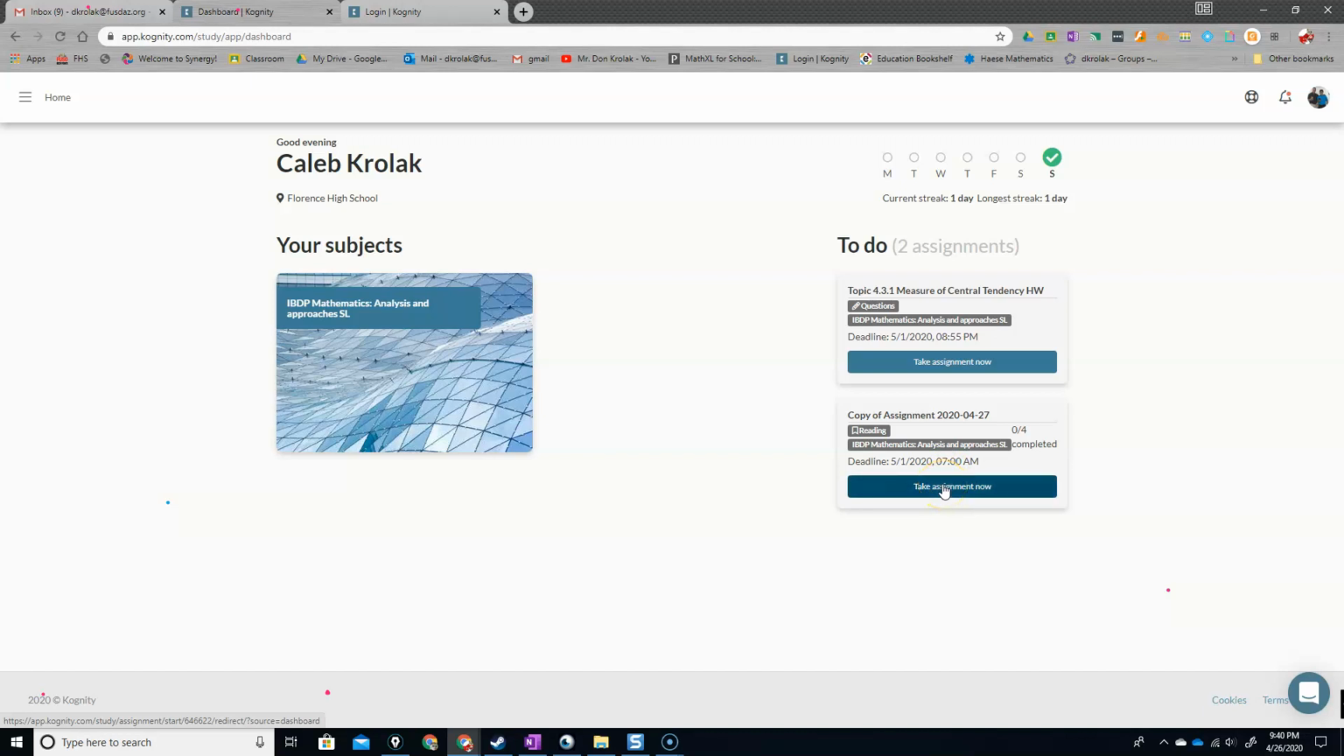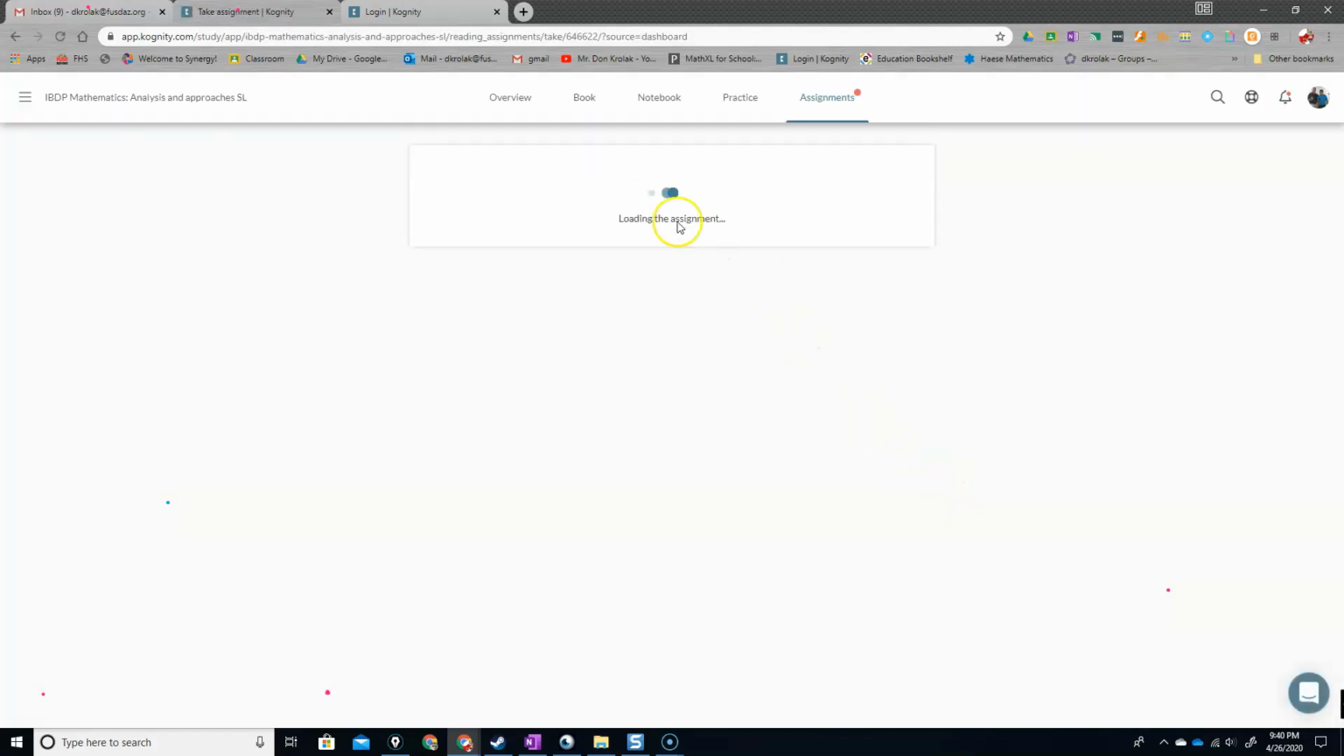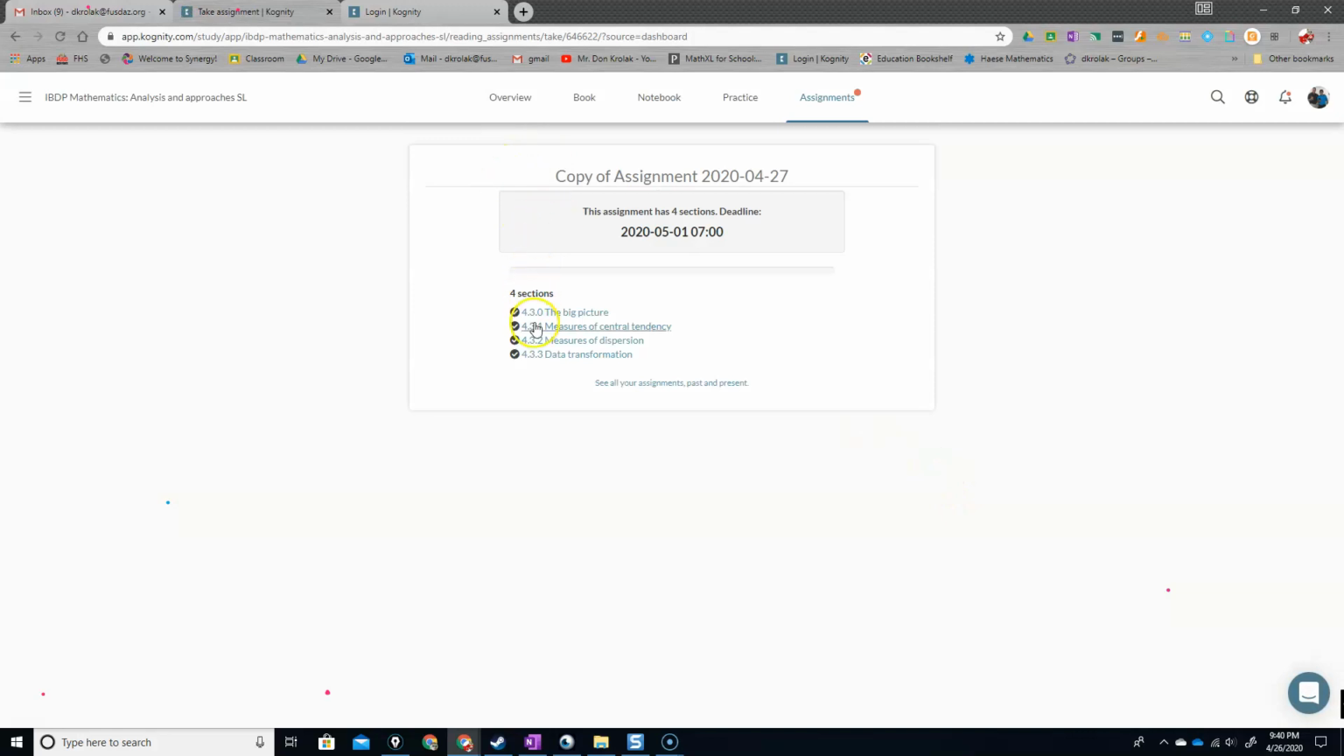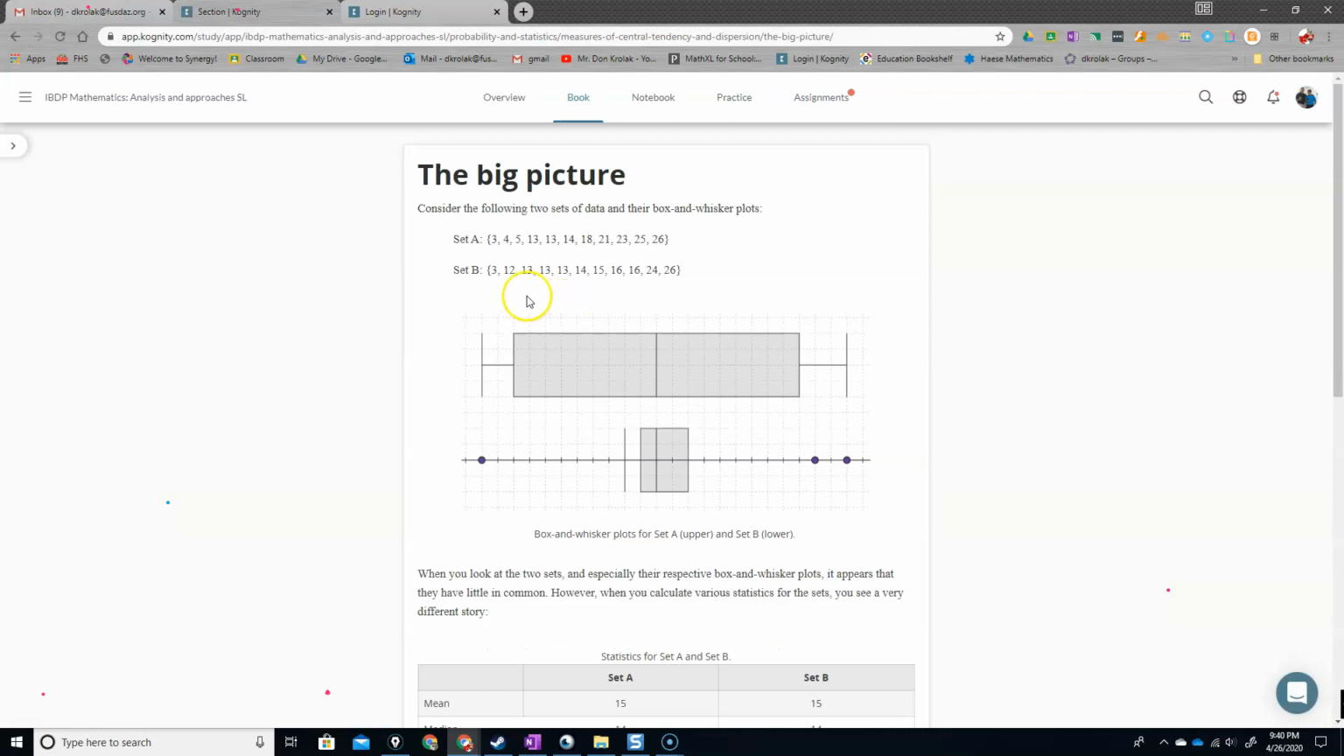So if I click Take Assignment Now, okay, now if you notice where it says reading, it's 4 sections, but we're only doing 1 right now to start with. So for today, for Monday, read Big Picture, which is just an introduction, and then measures of central tendency. So when I click on that,